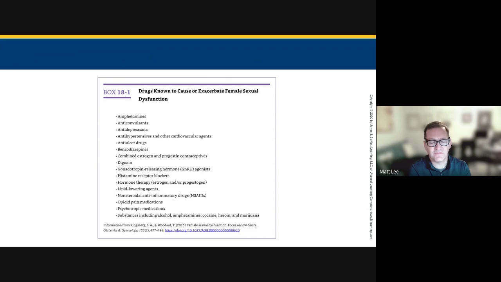For me to really believe this is causing it, a woman would have to come in and tell me, let's look at combined estrogen, progesterone contraceptives, right? Okay, so why are you giving a medication that causes sexual dysfunction? Well, it doesn't really cause it. Now, I believe this is true in some women. The vast majority of women, this does not affect sexual functioning at all, right? Doesn't affect them at all.